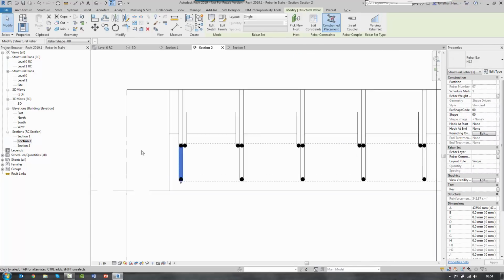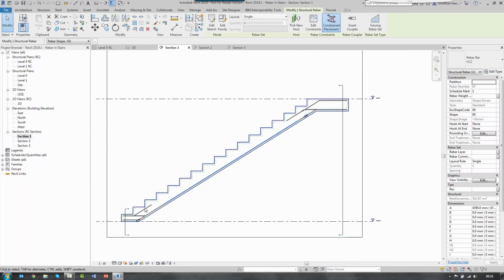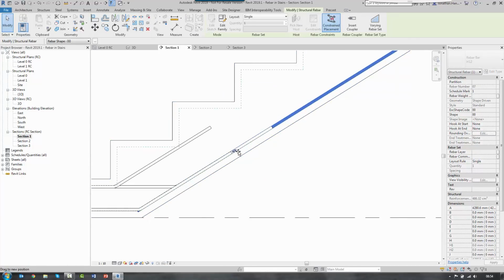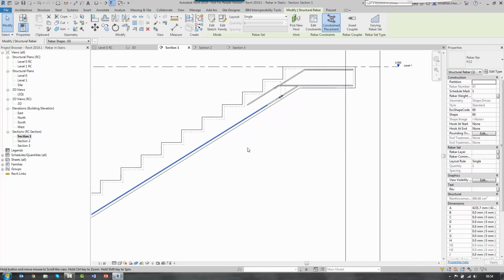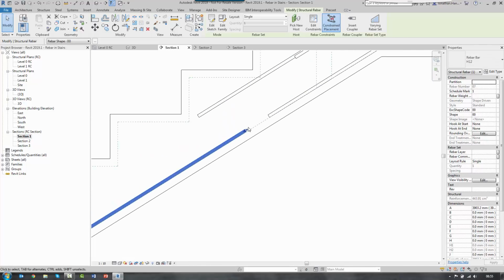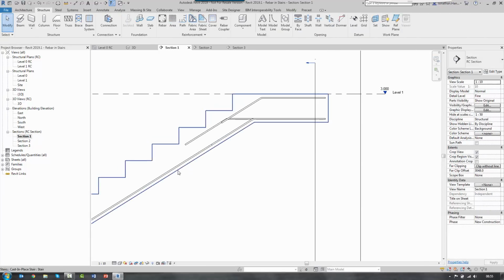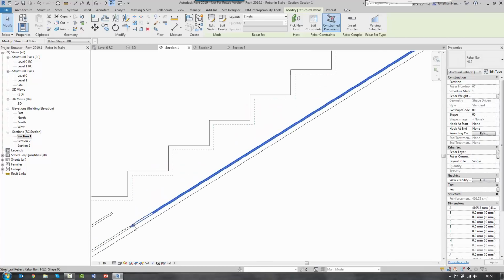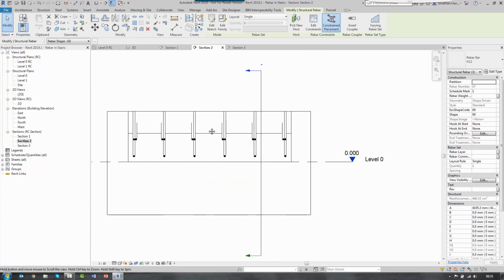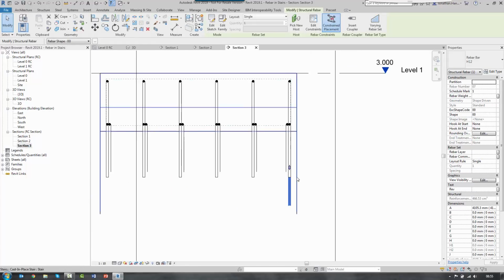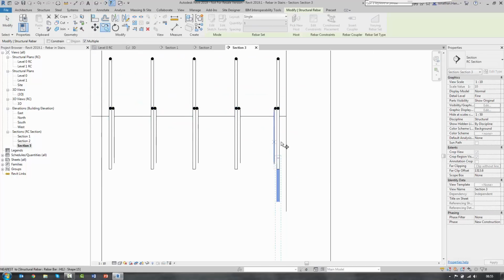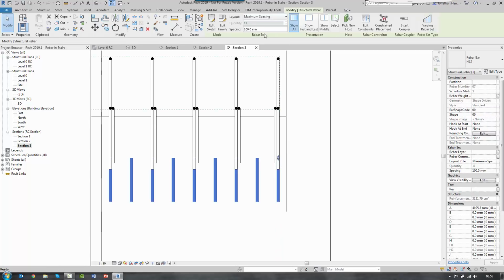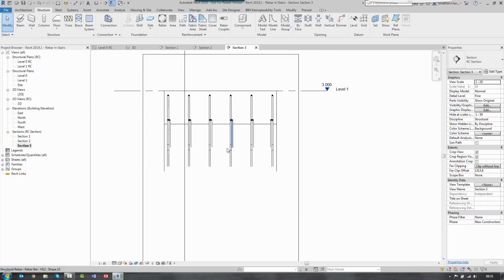Look at section 2, there is the bar in position. All I really probably want to do is just change the length of the bar engagement to something like that, stretch it down, and we'll just stretch that into position there. So we're just getting a lap, and then there's our bar, and then we can just copy it across. I'm thinking about it, can probably go with a 200 spacing, so that will put the bars